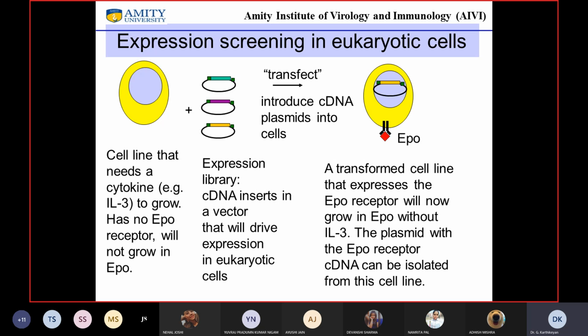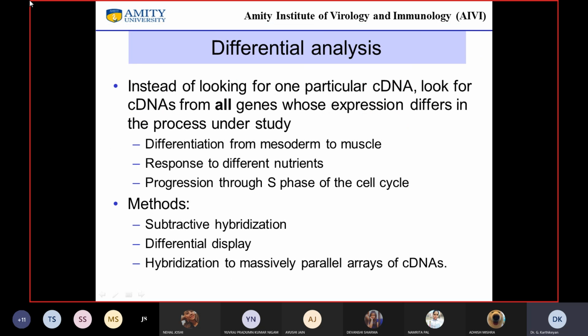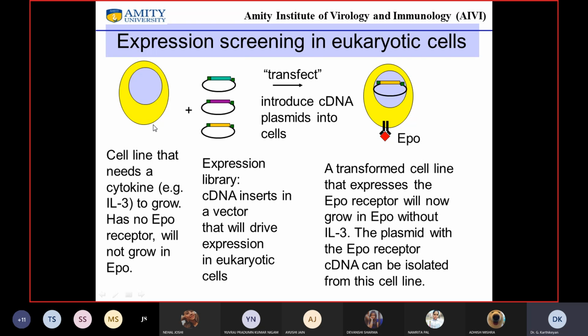The other thing is to screen in eukaryotic cells, right? So let's say this is a eukaryotic cell that needs a cytokine, for example IL-3, to grow, but it has no erythropoietin receptor, EPO receptor. So in the absence of IL-3... in the absence of EPO, it will not grow. So you have put all these into mammalian expression vectors. You have transfected the cell, right?